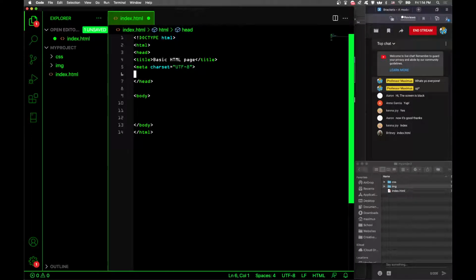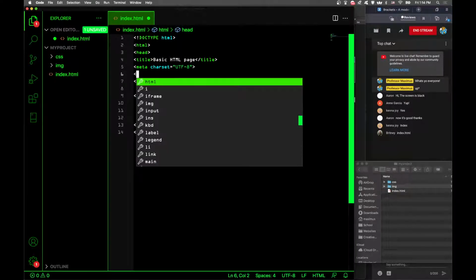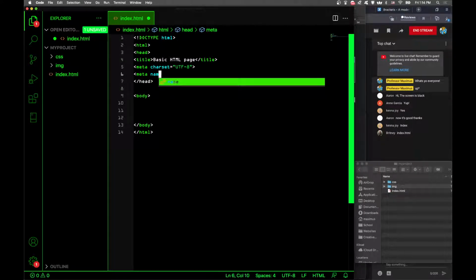We need the meta description, and the content of the description is,